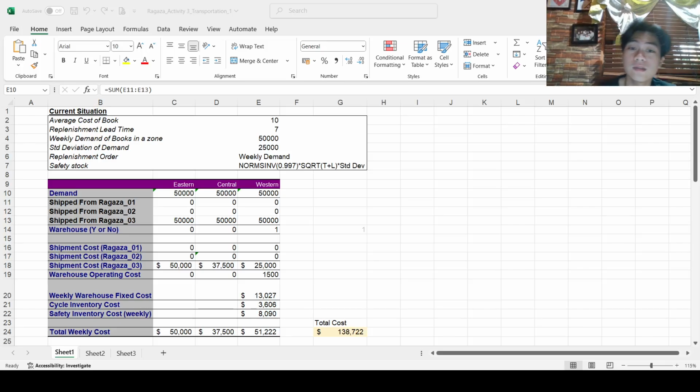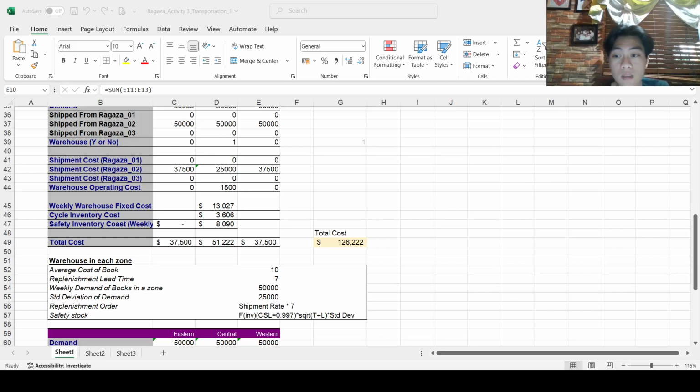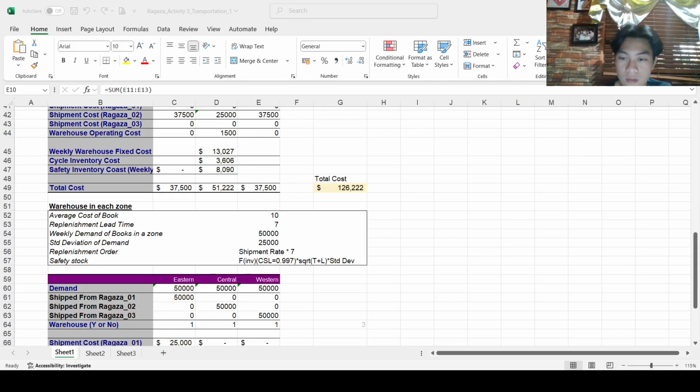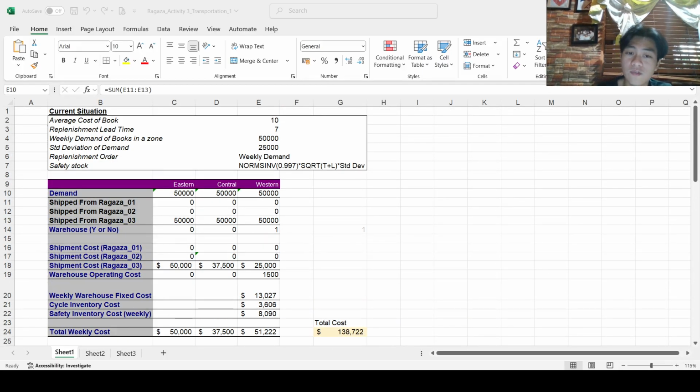Good day everyone. In today's activity, I will explain the transportation problem, part of activity 3, which has 3 warehouse types and their own specific set of values. The first one is the current situation warehouse, second is the warehouse in central only, and then the warehouse in each zone. We are given an Excel file, and the first given situation is